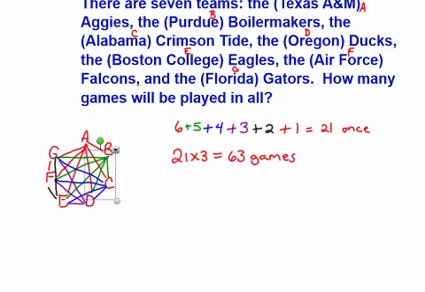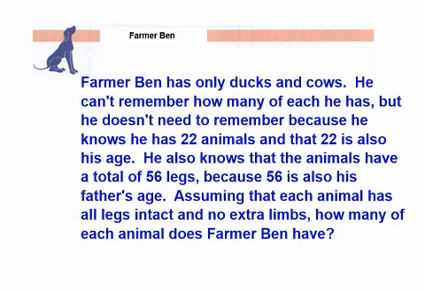Okay, let's try one more problem, a little bit different. Okay, so this time, Farmer Ben has only ducks and cows. He can't remember how many of each he has, but he doesn't need to remember because he knows he has 22 animals, and that 22 is also his age. He also knows that the animals have a total of 56 legs, because 56 is also his father's age. Assuming that each animal has all the legs intact and no extra limbs, how many of each animal does Farmer